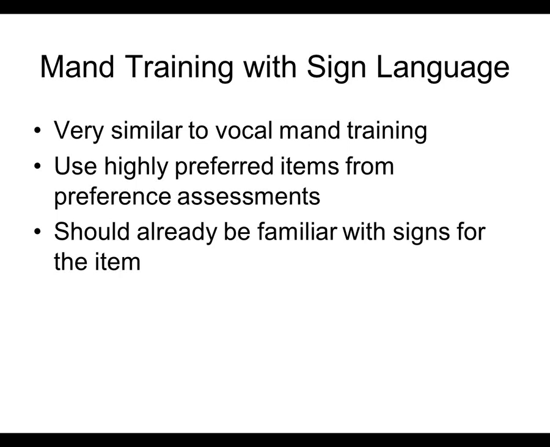If the student gives an incorrect sign when they're manding with sign, you always want to make sure that you help them place their hands back down to neutral for a couple seconds and then guide the correct sign before delivering the item. Because you don't want them to start to get into a thing where they start to scroll through lots of different signs. If you put your hands down, it's like restarting it.